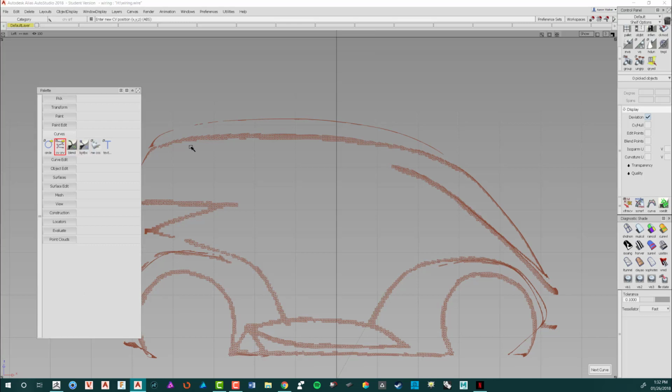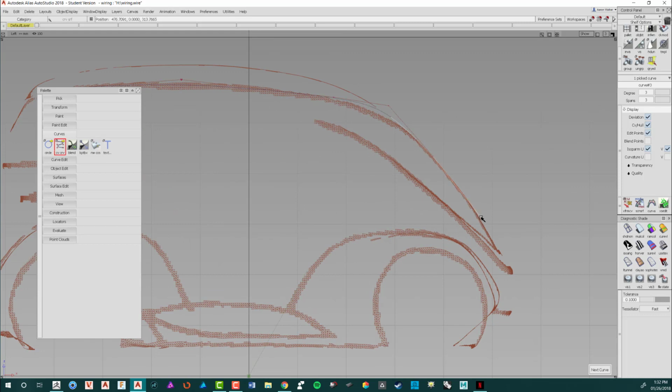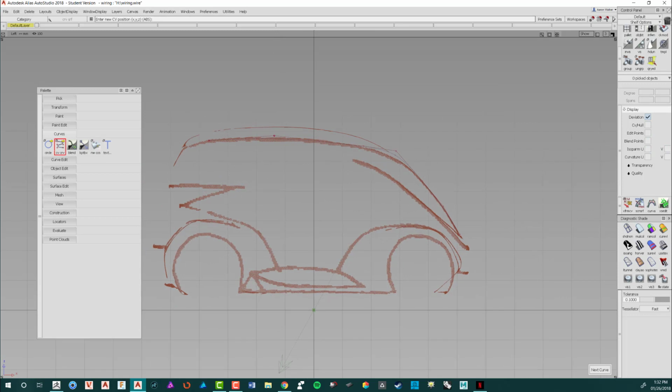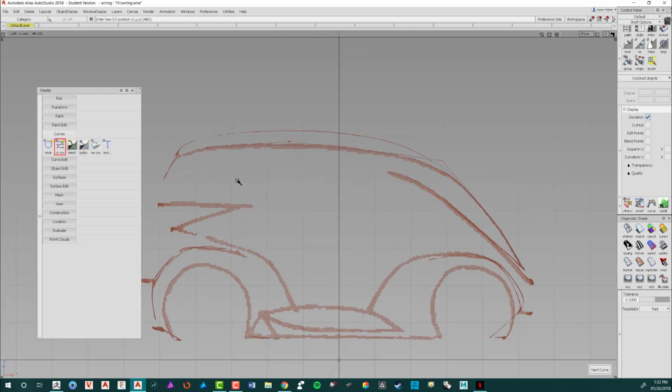I'll use a CV curve because I kind of know where I want the CVs, so I'm just going to put them here. Put one out here so that this goes out. I'm just copying this particular curve now. Let's put one here and then one here. Okay. And then let's do another curve. Let's do the center line curve. One here, here, here,